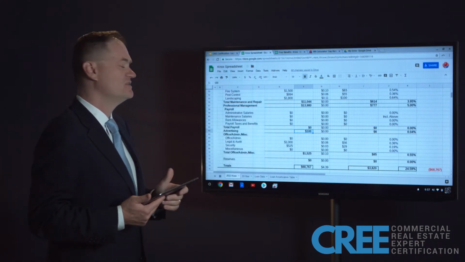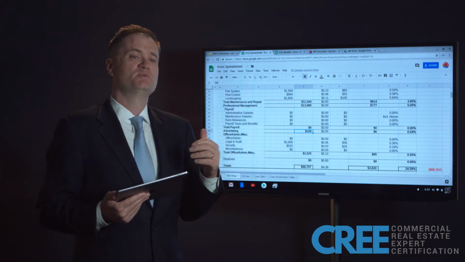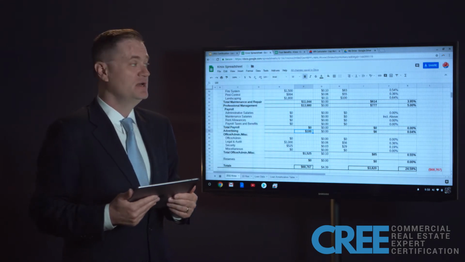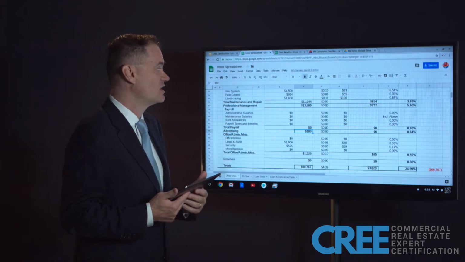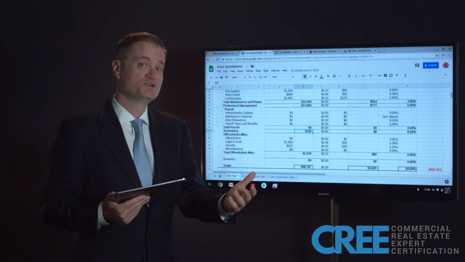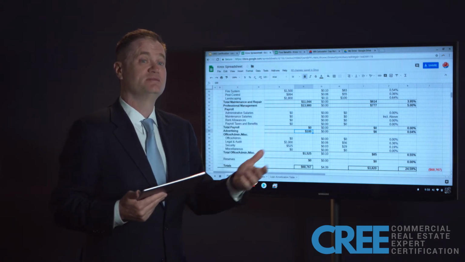Advertising, the nominal $100 in here. In this particular case, this property is being managed and the property management company does all the advertising, but we threw in $100 there for some very nominal advertising that was done. Our market is very strong and doesn't take a lot of advertising to be able to bring in tenants to